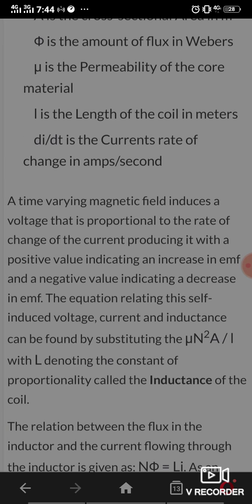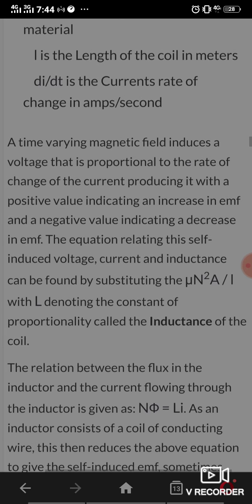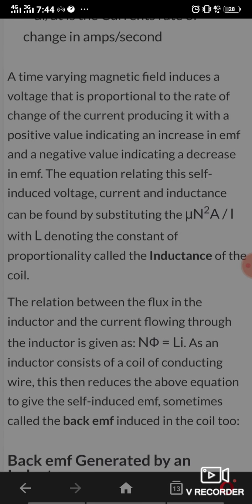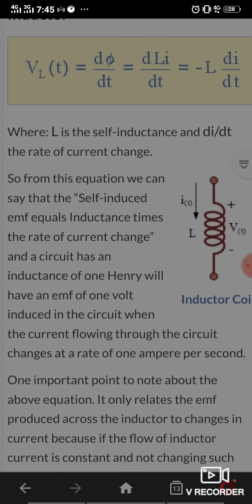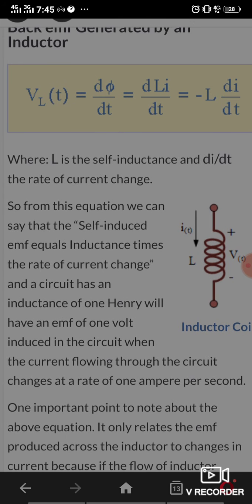The relation between the flux in the inductor and the current flowing through the inductor is given as follows, as an inductor consists of a coil of conducting wire. This then reduces the above equation to the self-induced voltage, sometimes called the back EMF induced in the coil, where L is the self-inductance and di/dt is the rate of current change. So from this equation we can say that the self-induced EMF equals inductance times the rate of current change, and a circuit that has an inductance of 1 Henry will have an EMF of 1 volt induced in the circuit when the current flowing through the circuit